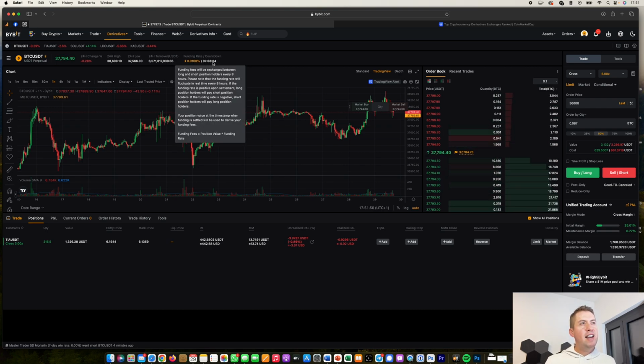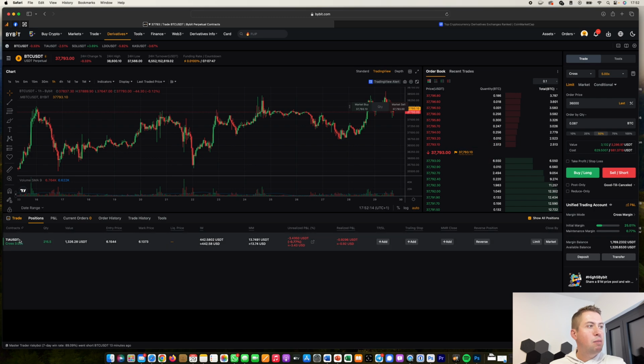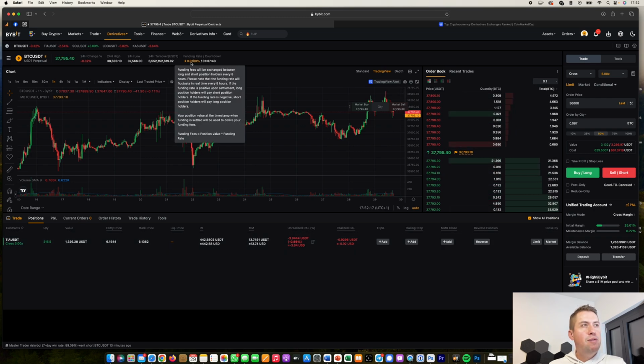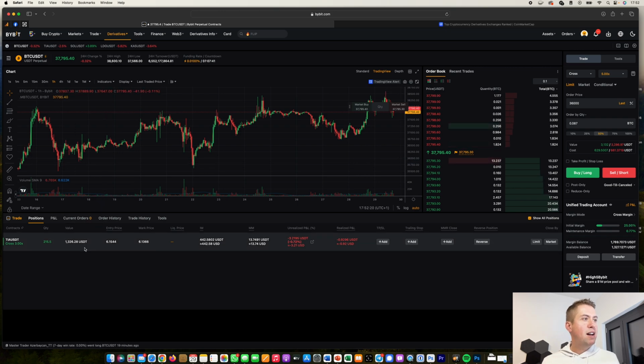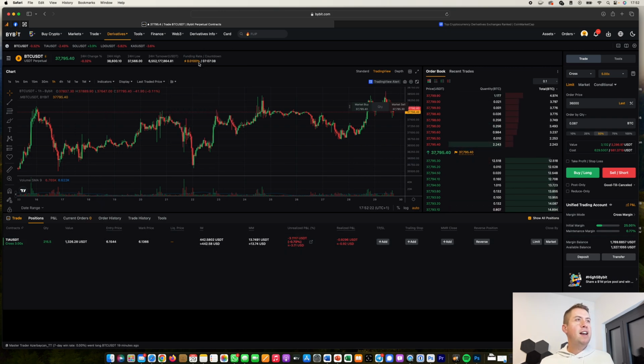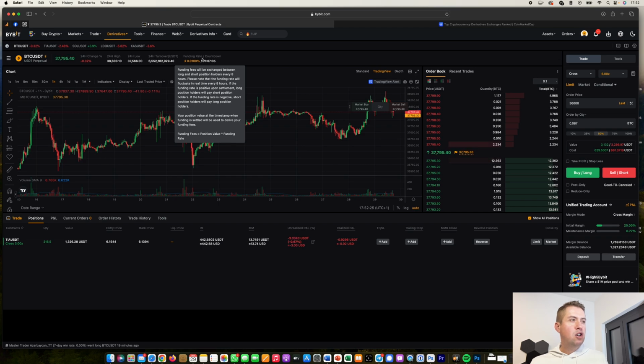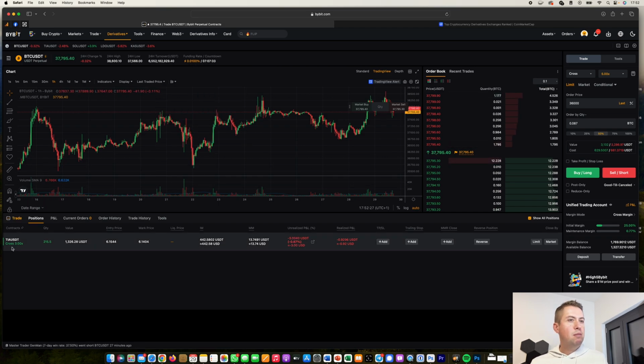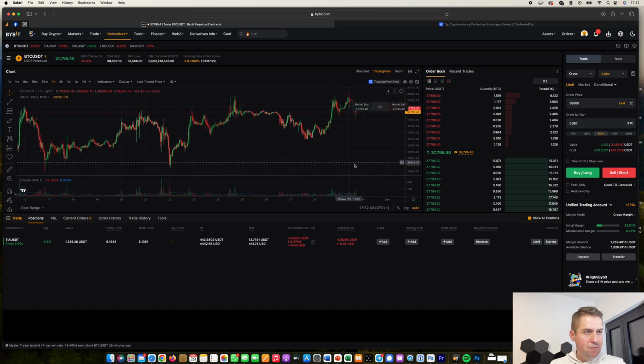It basically changes, and funding is paid every 8 hours. So only if you are in a position, once this countdown runs to 0, you need to pay funding or you receive funding. So right now, funding is positive. That basically means you are getting money if you are short. If you are long, like me right now, I would pay funding, so 0.01% on my position here. And if I were short, I would get that money. But right now I'm long here for the sake of the argument to show it to you.